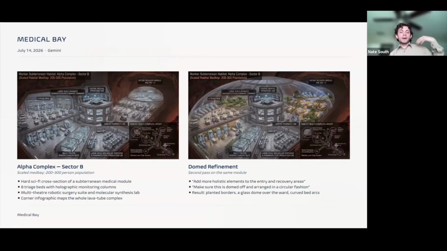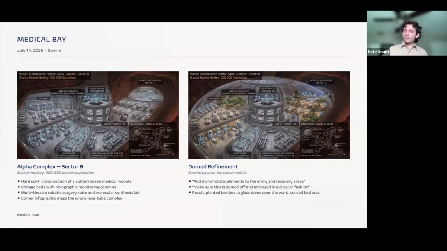But I think having triage beds that would flow into a robotic surgery suite, and then a pharmacy lab, and then having patient recovery modules in the end, was a flow that I thought was interesting and would be beneficial for the crew. The one on the left was the first initial design, and then I decided maybe having more holistic elements and having that geodesic dome fit the consistent aesthetic that I had for my initial